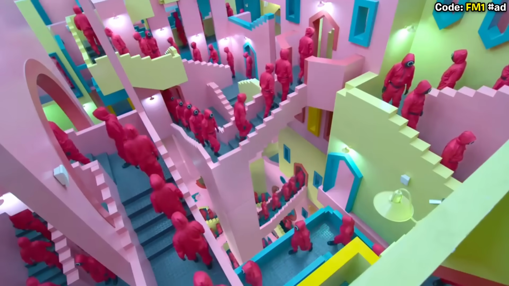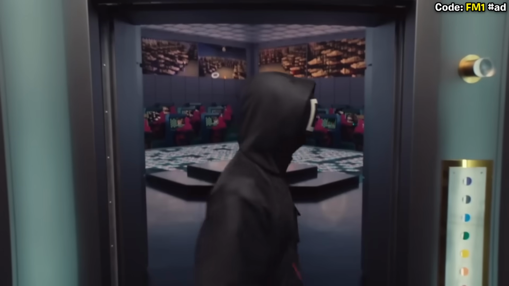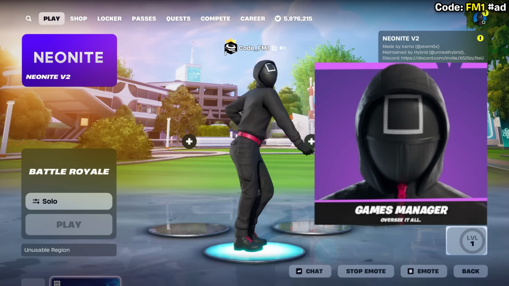These were the only types of guards we got in Squid Game Season 1 for the Netflix show, but then in Season 2 we saw this mysterious Squid Game guard but in a black outfit called the Games Manager. All of the Squid Game skins I just showed only currently have item shop tags, meaning they're not free, but